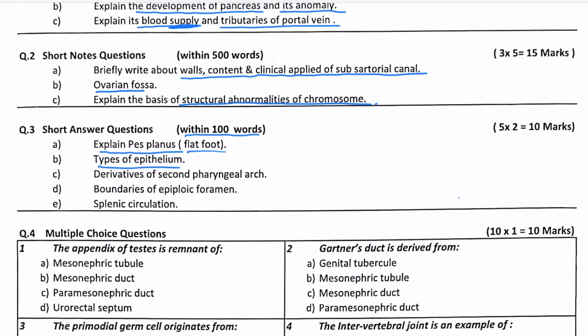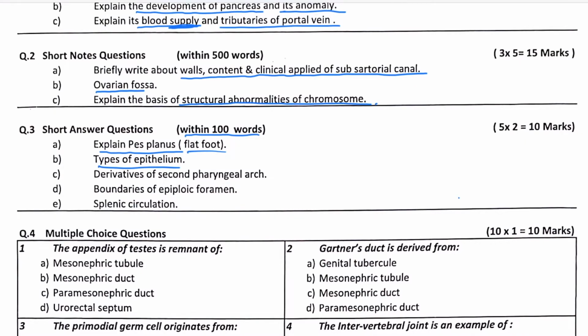Then talking about stratified squamous epithelium, which may be keratinized or not keratinized. The stratified squamous keratinized epithelium covers the entire human body from outside, that is called skin. That may be hairy or not hairy. That may be thick or thin. That's a different classification. But the same epithelium, when it invaginates through the orifices present on the body, then it